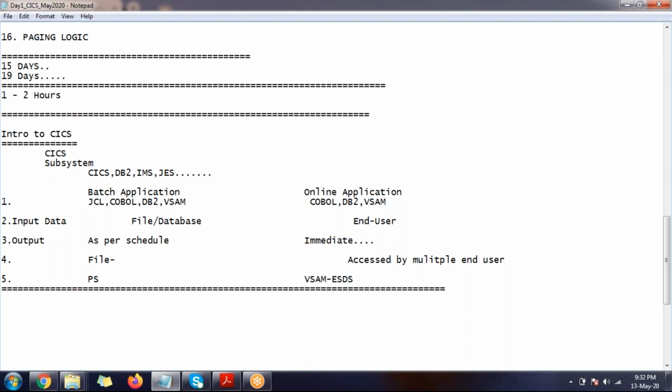Okay, the answer here: there is no point to tell it as a difference, because you have a provision to update through a batch application program. From one end you can also update it. There you are getting the data through a file and DB2 database or some other file system. Here you are getting it from the front end, that's all. Otherwise you can update in both locations, right? Both applications. Okay, thank you.